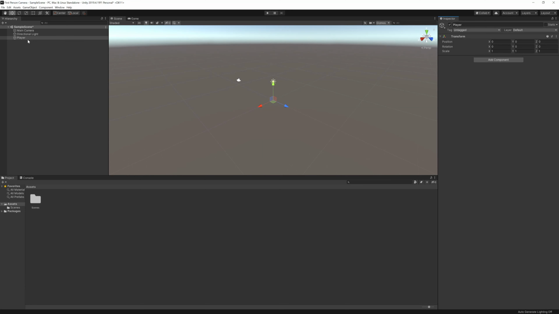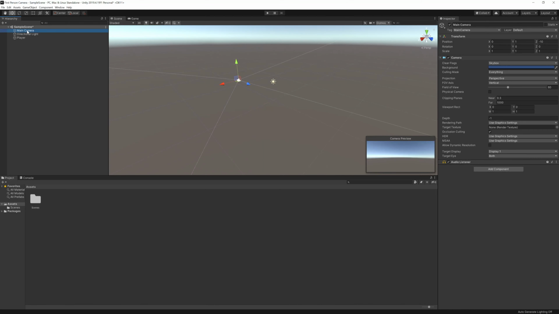So we're going to start to move in that direction by making the main camera right here a child game object of a parent called player. So we have player right here. I'm going to click and drag on main camera and make it a child game object of player. This will put main camera underneath the player game object and will allow us to soon, when we write some